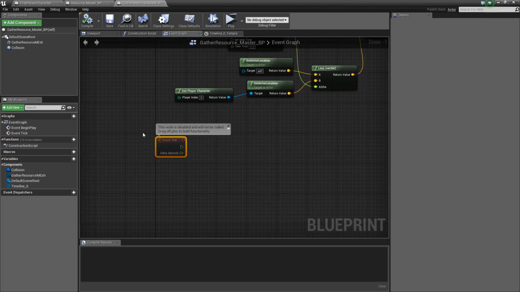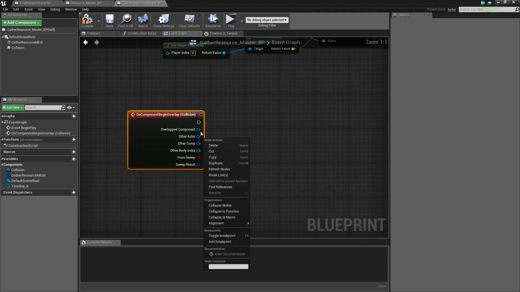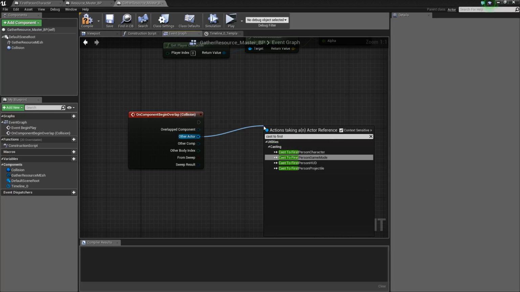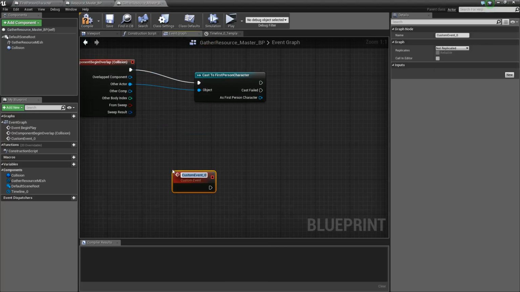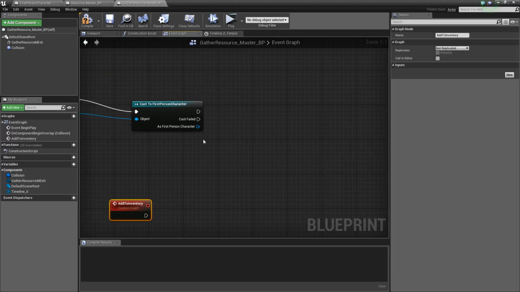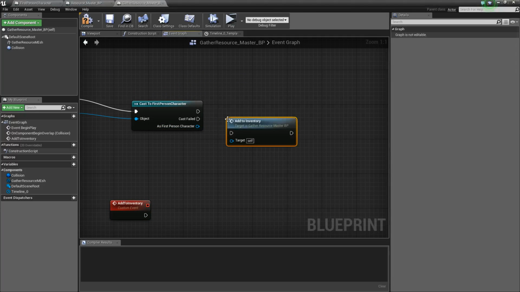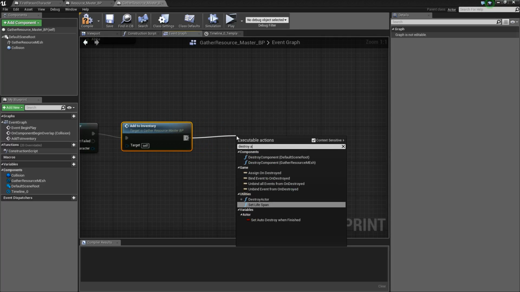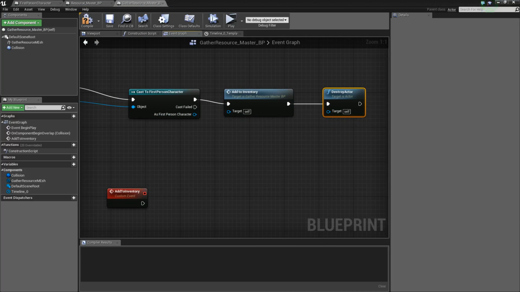Okay, so now the overlap event. Cast to first person character. Add custom event, and we'll call this add to inventory. Call this event. We'll call that event right there. Destroy actor. Okay. On this event,